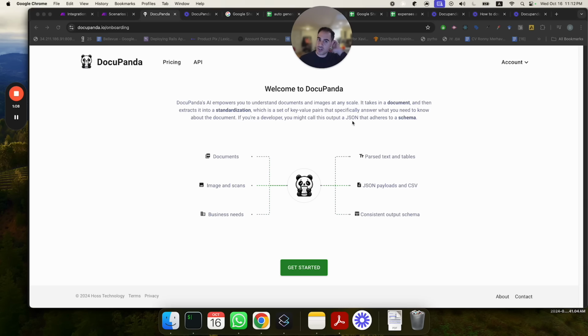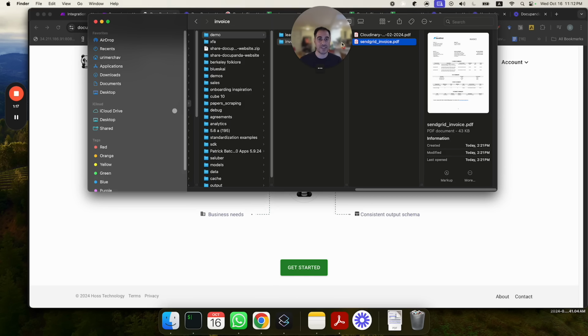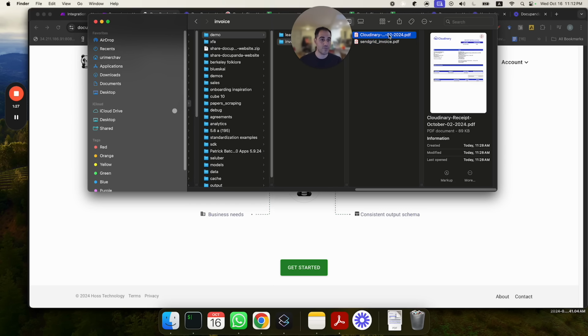So let's go over one of the most common use cases for DocuPanda, which is standardizing invoices. But invoices is really just one example. We might as well be talking about rental leases. A long, complex legal document is absolutely fine. It's something that DocuPanda handles just the same. But we'll start with invoices because it's something that everyone is very familiar